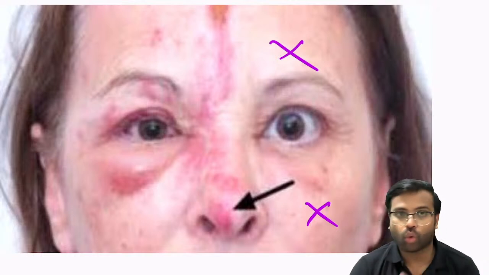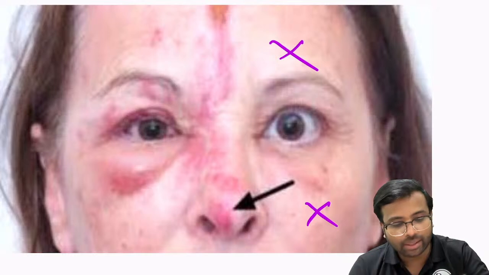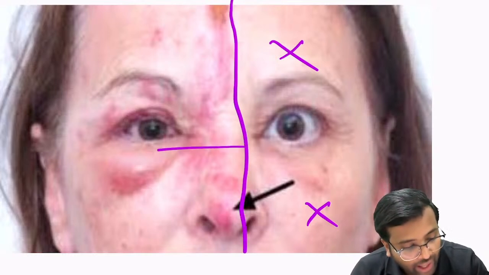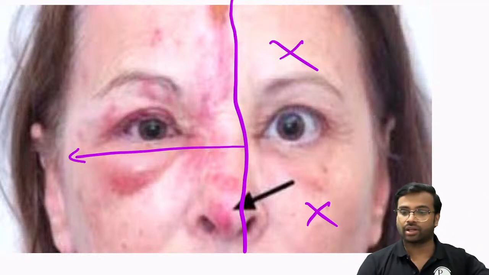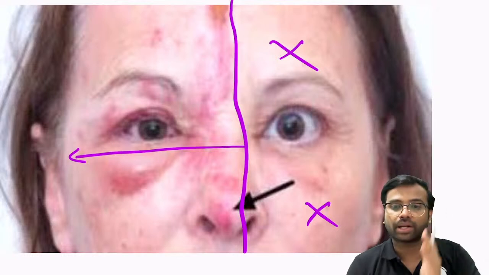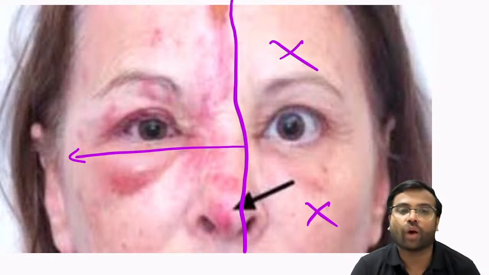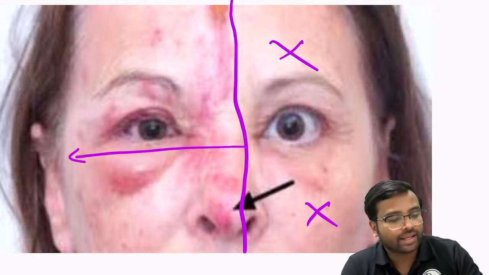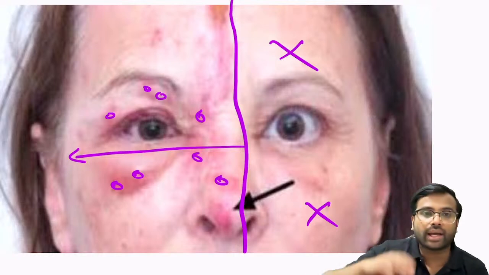No. So what your eyes should be able to catch here is, this is a patient who is having a unilateral lesion. Okay, this is a unilateral lesion where the lesion is only present over one side of the face, isn't it? Now in this unilateral lesion, what you can find is the patient is having multiple vesicular lesions on a